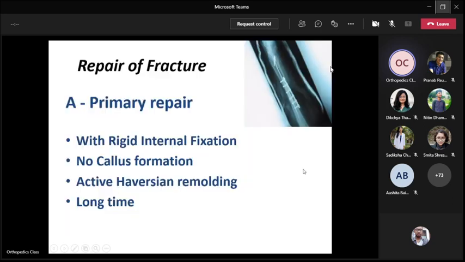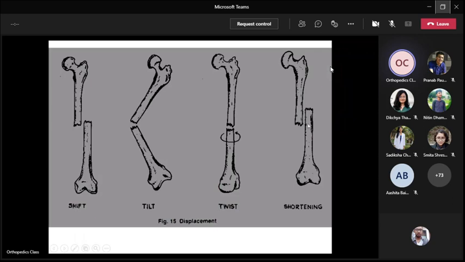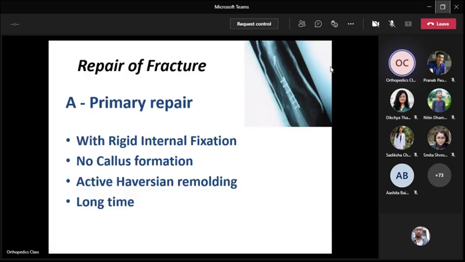And shortening is the term when the distal fragment has migrated proximally. So that produces shortening of the limb. So these are the displacements. Why is this important? Because when you go for surgery of these fractures, if you don't know all these things, you can't fix them. This looks almost anatomical. When you fix in this condition, what will happen? The patient will have difficulty in walking. If you fix in this condition, the patient will have a short limb. So all these have to be corrected while treating the fractures.